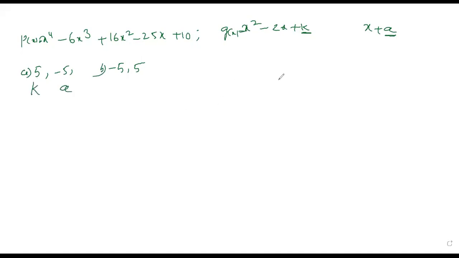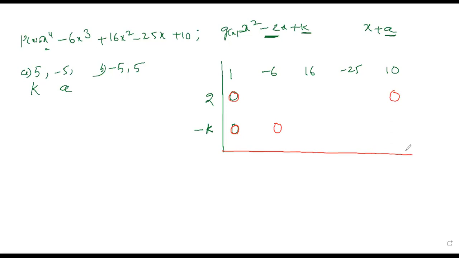Just now we did synthetic division. What is synthetic division? I am writing the coefficients of this. X power 4 is 1 and x cube is minus 6. X square is 16, this is minus 25 and this is 10. Next, we have to write the symbol changed to 2, and this also symbol changed, minus k. Now here this is 0, here also we have to write 0, 0, 0, 0. Here 1, 0.